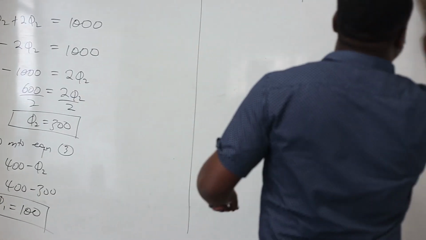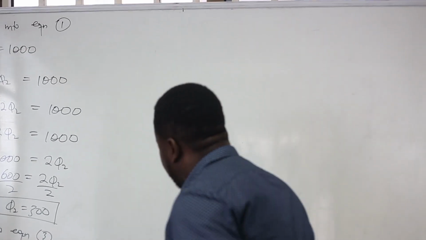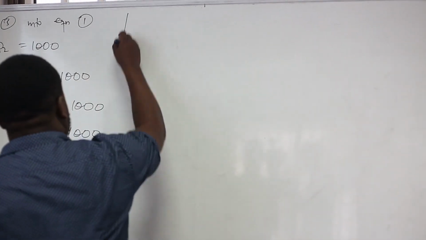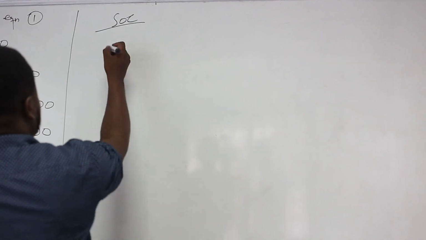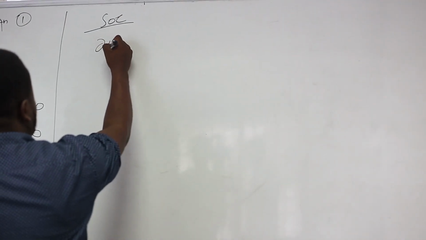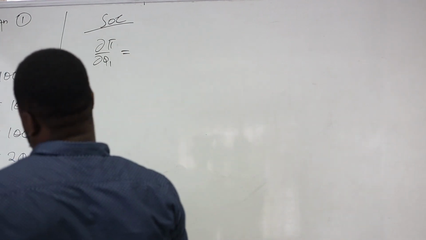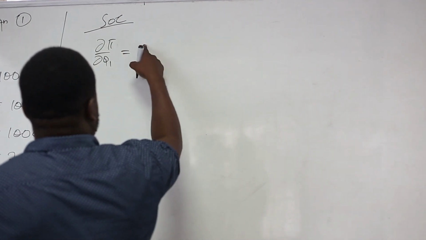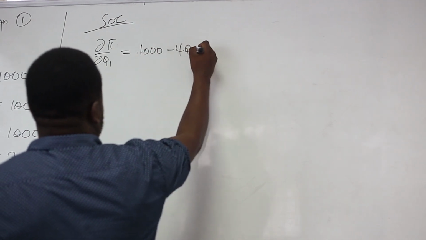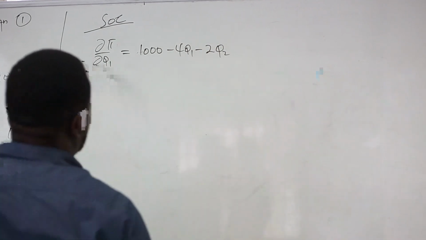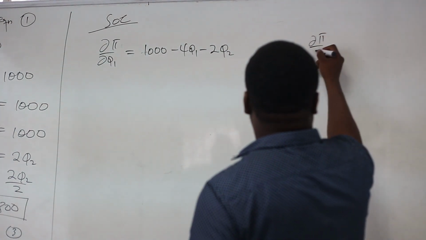So the second order condition means I have to find the second order derivatives for the functions. So second order conditions. So first we have the pi dq1 is equal to 1000 minus 4q1 minus 2q2. Then we have the pi dq